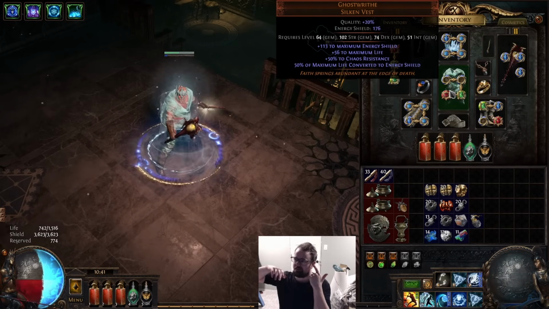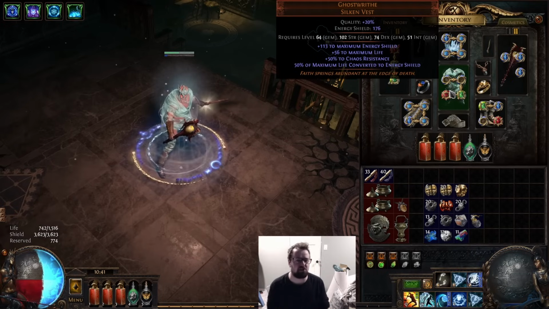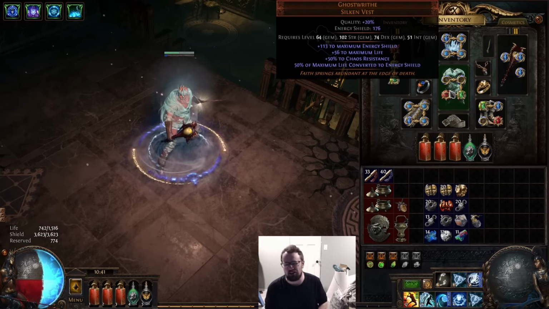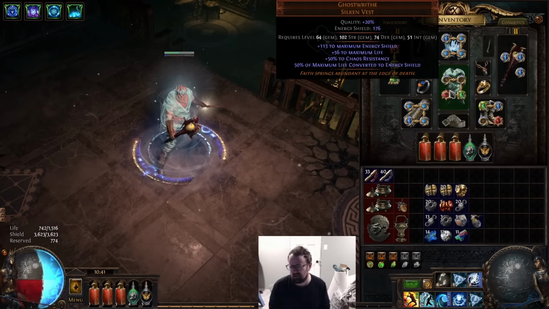Now, the idea is I'm targeting A, low level uniques, and B, uniques that have a very high chance to drop, in terms of they are very common uniques. Ghostwrite is a good example. This chest I've fallen in love with, not only for stacking ES high, but